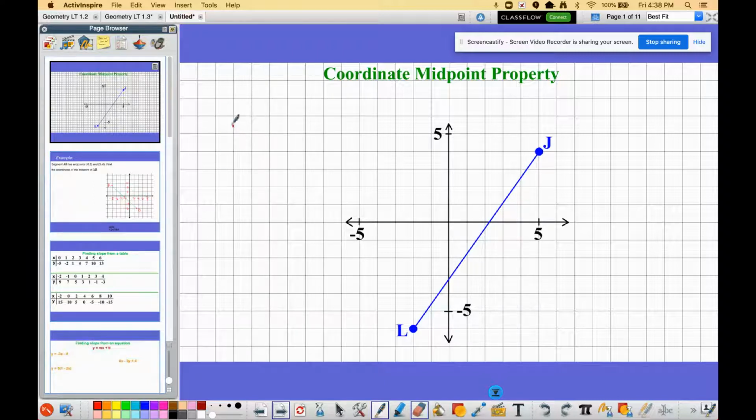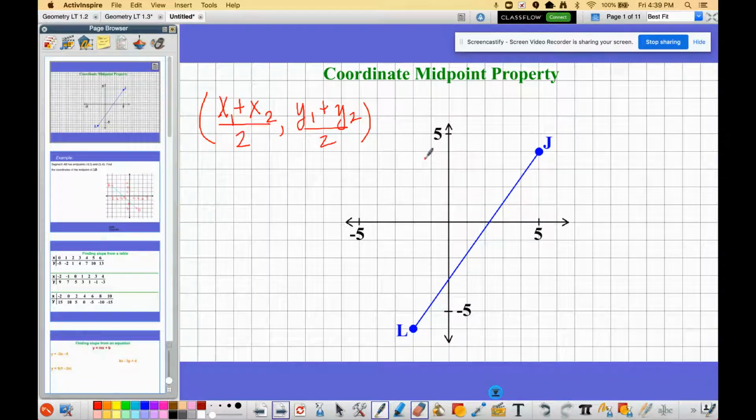You may recall the coordinate midpoint property tells us, to find the midpoint, you add your x coordinates together, so (x1 + x2) divided by 2. And you do the same thing with your y coordinates, y sub 1 plus y sub 2, and divide that by 2. So we have a segment on our coordinate plane here, segment LJ,